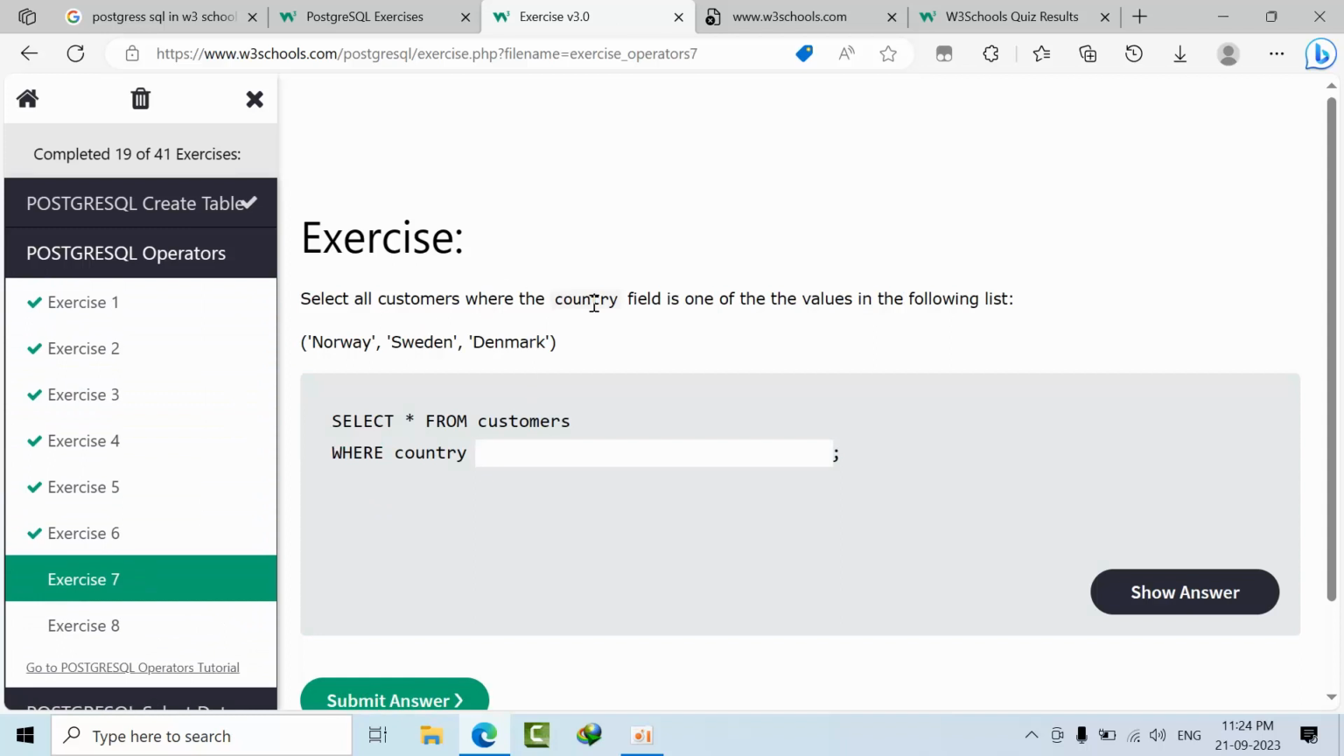Select all the customers where the country field is one of the values in the list. Where country in